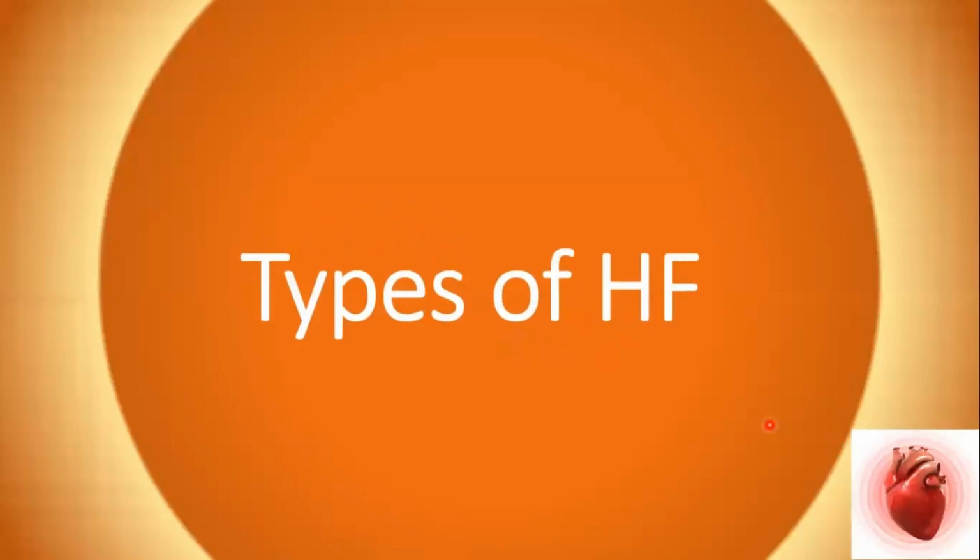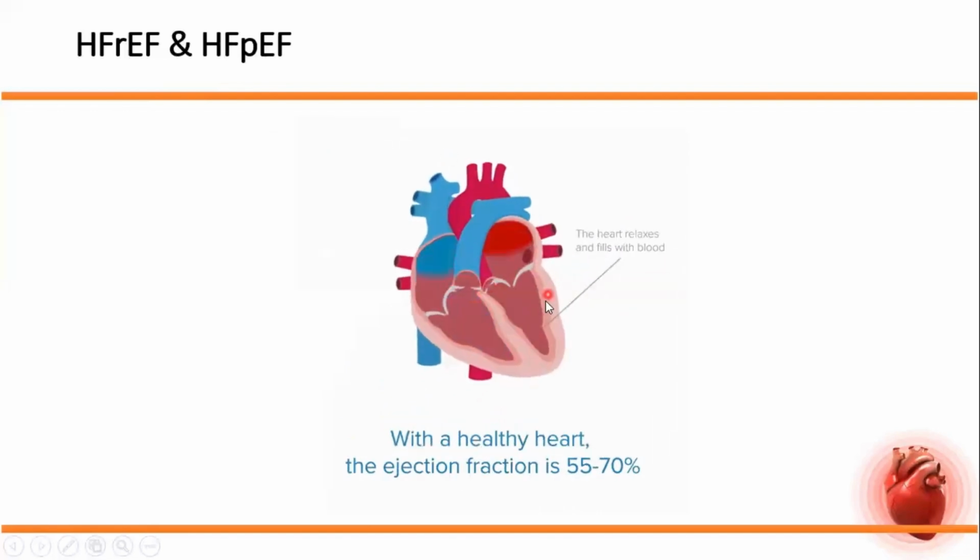What are the different types of heart failure? Majorly, two types of heart failure you will observe: HF-REF and HF-PEF. What is REF? Heart failure with reduced ejection fraction and heart failure with preserved ejection fraction. Let's understand this terminology. This is a normal, healthy heart, where you will see the ejection fraction is 55